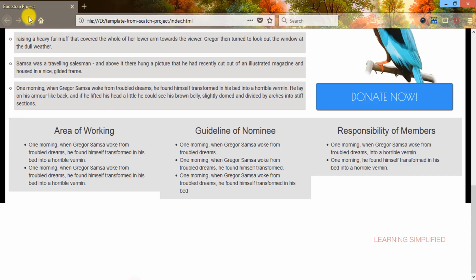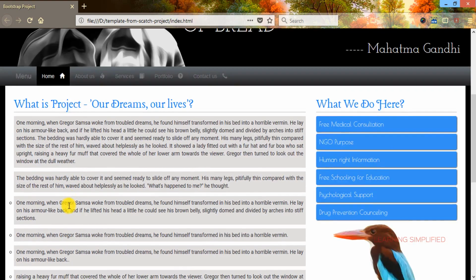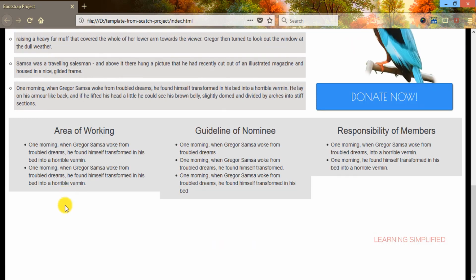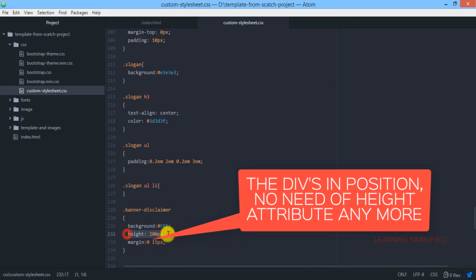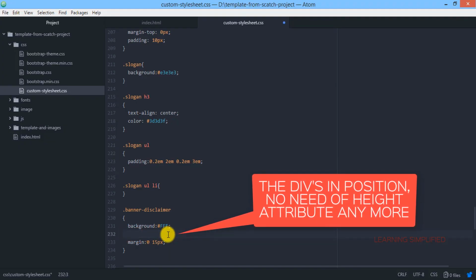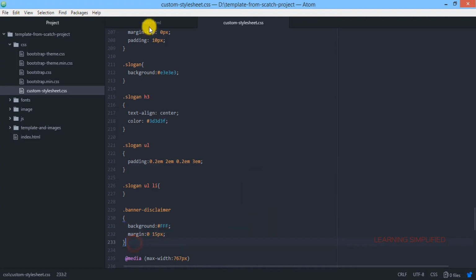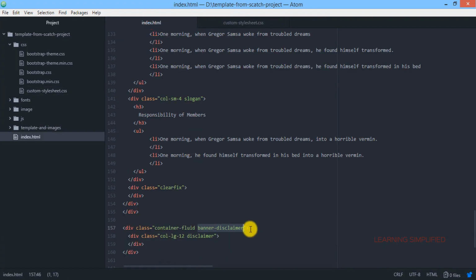Now we are going to reload, and we can see that this content is now back into action. It practically appears almost like amalgamating with the above contents, and all of them appear like a single individual content over here. Now we need to delete this height, and now inside this index.html, inside this col-lg-12, all we are now going to do,